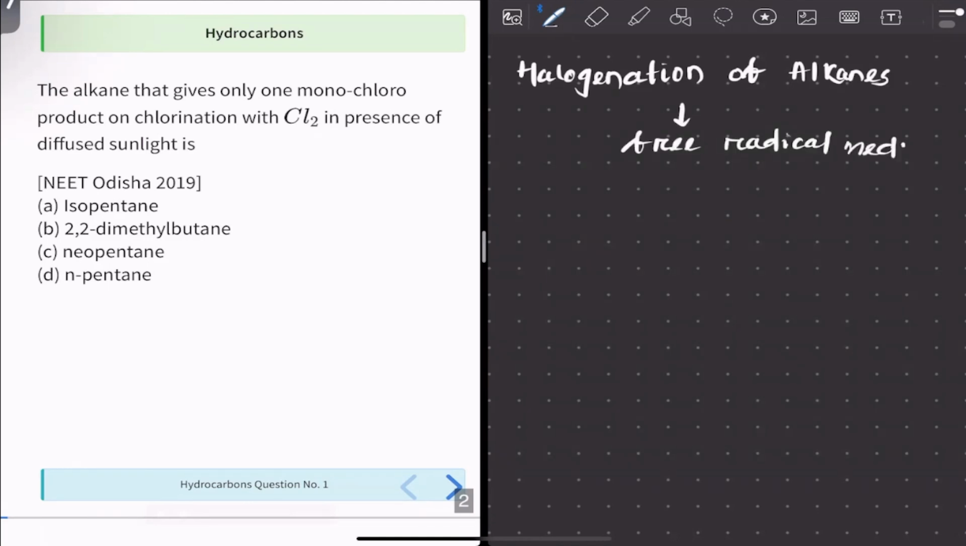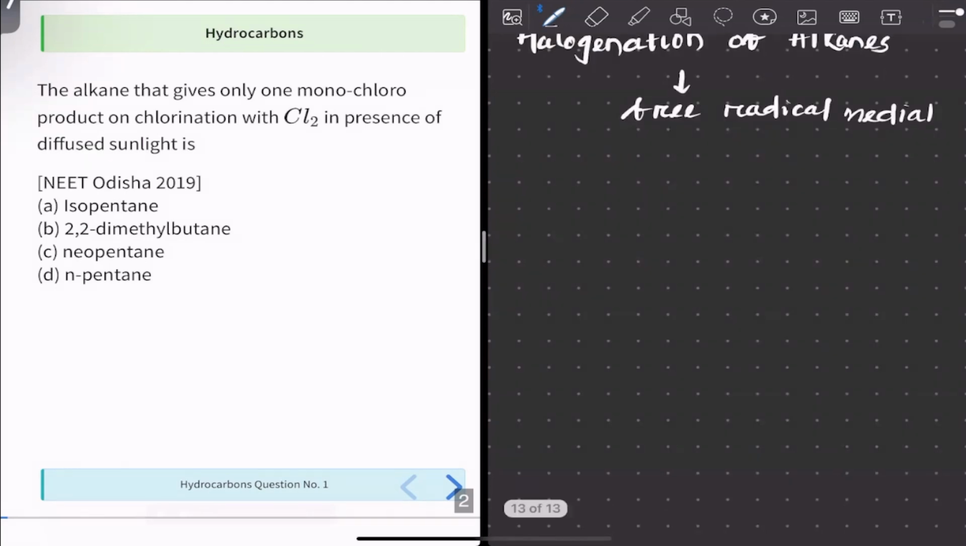In this reaction, what happens? The chlorine free radical substitutes the hydrogen atoms present in the hydrocarbon. But for determining the number of products, we have to calculate the unique hydrogens. Okay, what do you mean by unique hydrogens? Means if we take an example, suppose